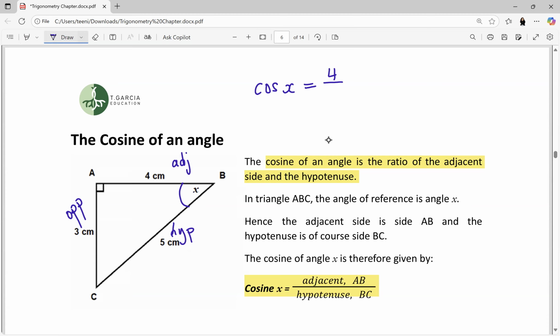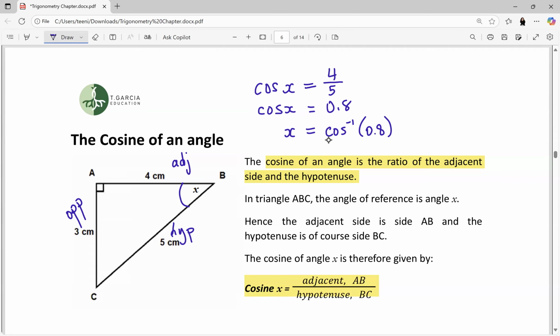So cos x is equal to 4 over 5. Therefore, cos x is equal to, on your calculator, 4 divided by 5, which is 0.8. And therefore, x will be equal to the inverse cos, so cos inverse of 0.8, which is